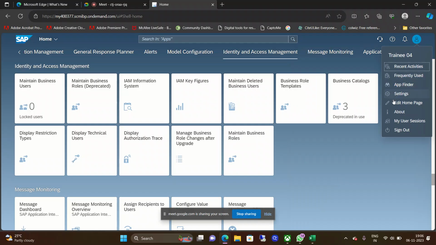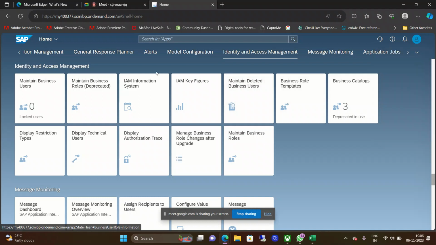Then you have this accounts. Here actually you don't have to do anything, it is just for the sake of looking at this particular thing. App finder, settings and all those things are all activities which have to be performed by the administrator. Okay, so right now the matter of interest for us is